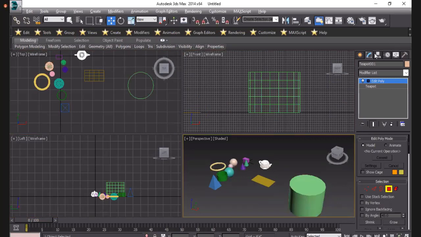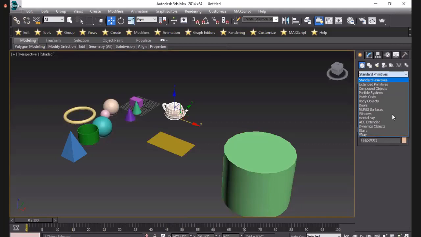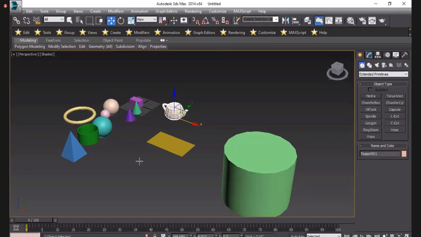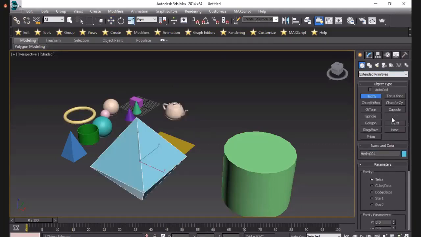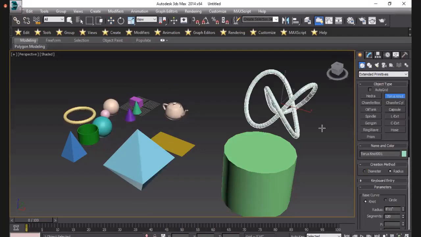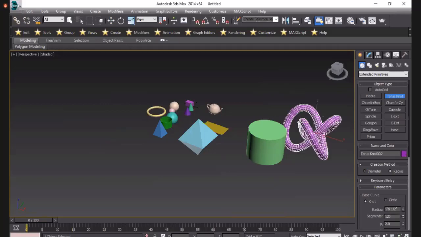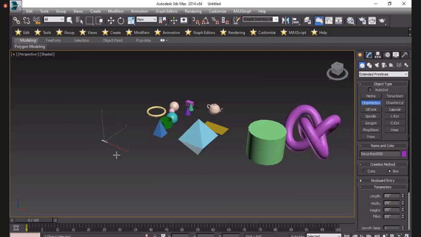Okay. So next we will go into extended primitives. Here is the shape of Hydra, then torus knot, you will be changed like that. Then here is chamfer box.